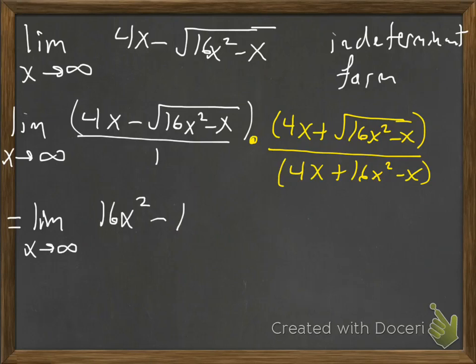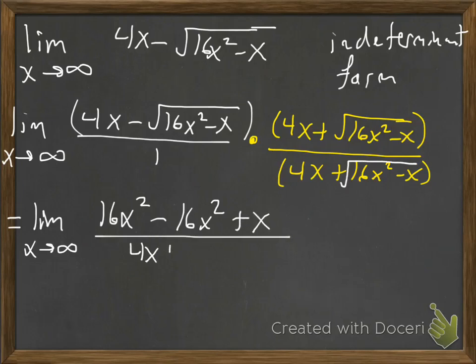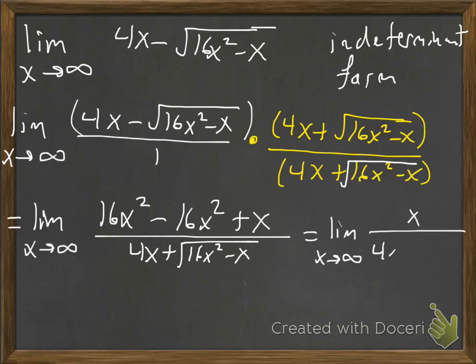Okay, so it's going to be 4x squared minus 16x squared minus x quantity squared, which is minus 16x squared minus negative x becomes positive x. And then denominator, I did not forget my radical. We just put it in a little bit later. So the denominator is just going to be 4x plus square root of 16 minus x. So the 16x squared cancel out. We're just left with x upstairs, and we got 4x plus square root of 16